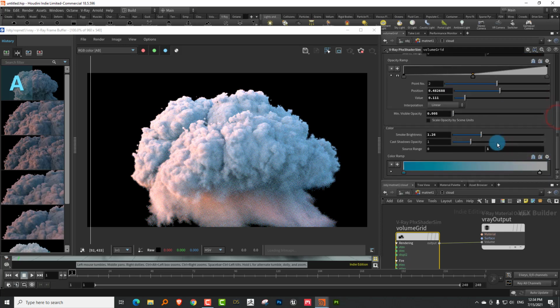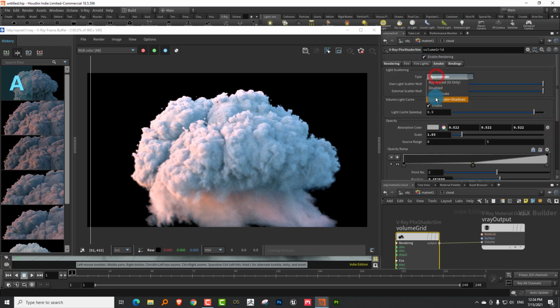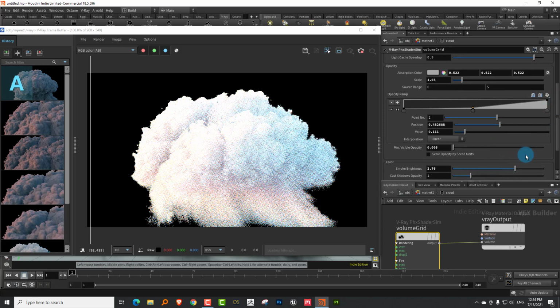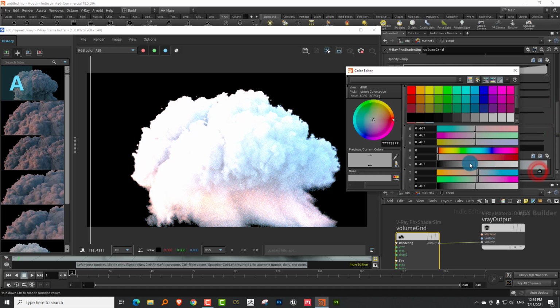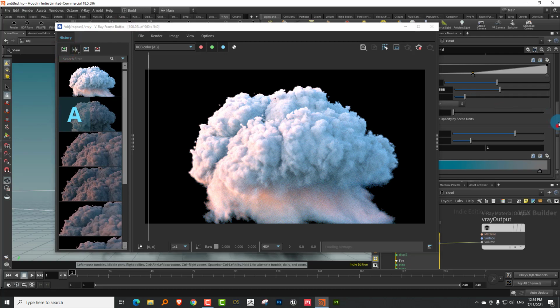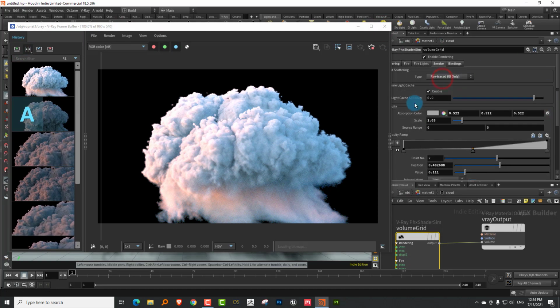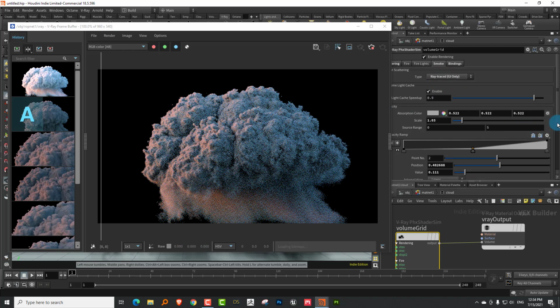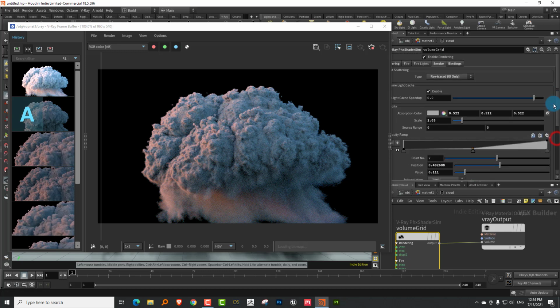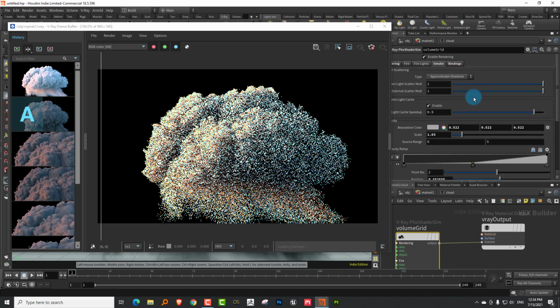Okay, so the one thing to remember is that smoke brightness works only when you are on approximate or approximate plus shadow. Okay, if I set smoke brightness to 2, and let me just lower the intensity a little bit, and I'll save this, and if I change the type to ray traced, you'll see that the brightness goes away. It actually just turns off smoke brightness. Okay, so it's now only working based on global illumination, nothing else. So it's usually better to be on approximate.